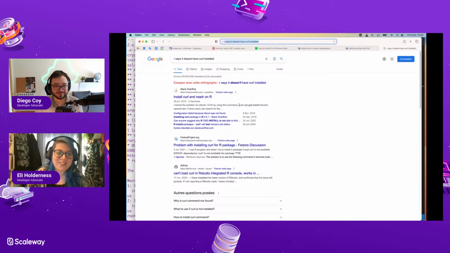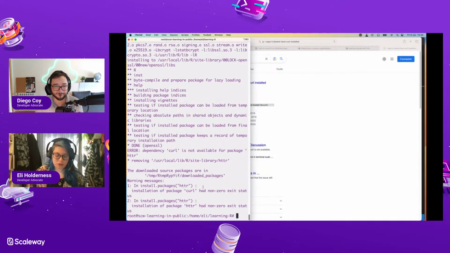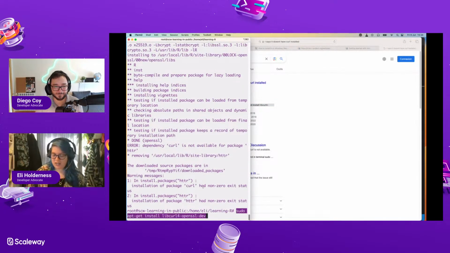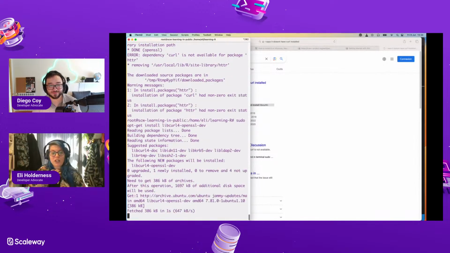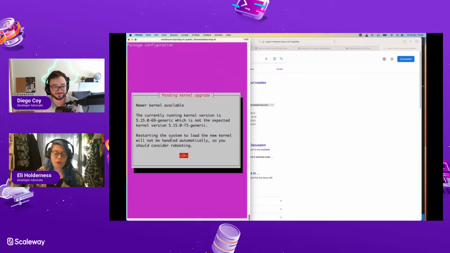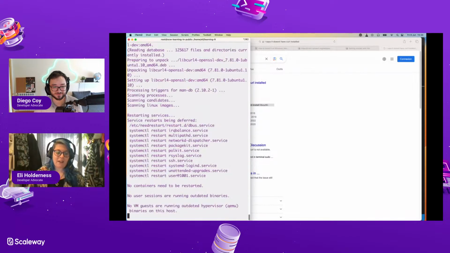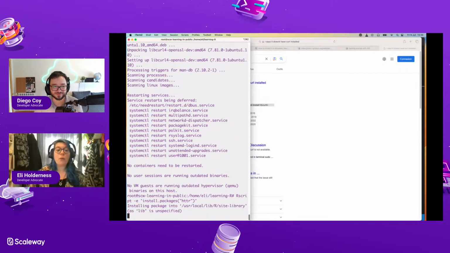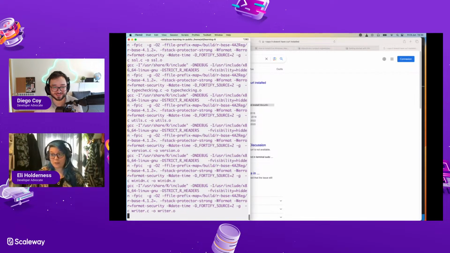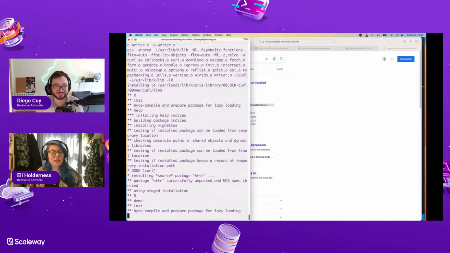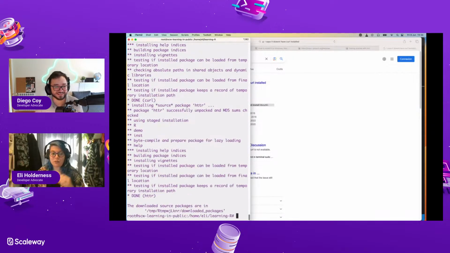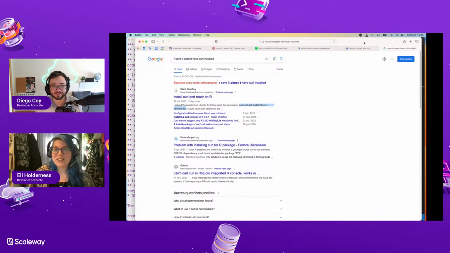libcurl maybe. OpenSSL. Exactly. This reminds me of problems I've had installing Python in the past, like, oh, you need Python 3 dev whatever in order to do virtualenv or something. I don't know what I'm doing. I am literally just copying highly upvoted things from Stack Overflow and putting them in my machine. As you say, virtual machines, great for this. Cool. Okay, we have HTTR.